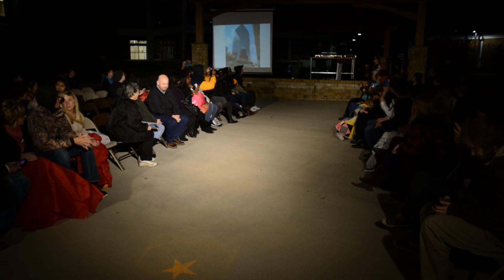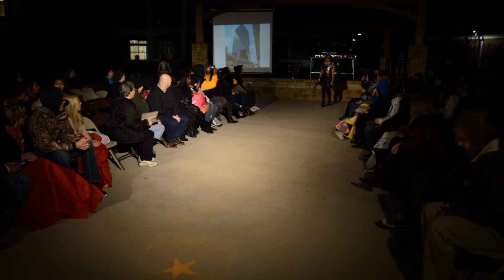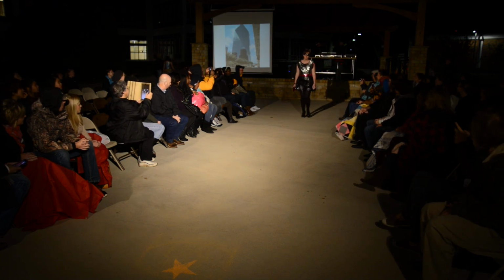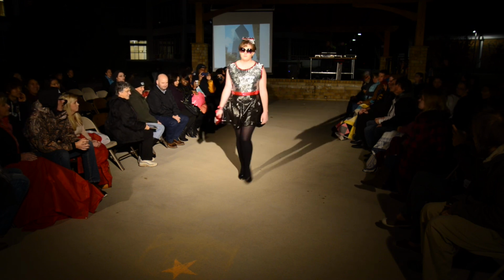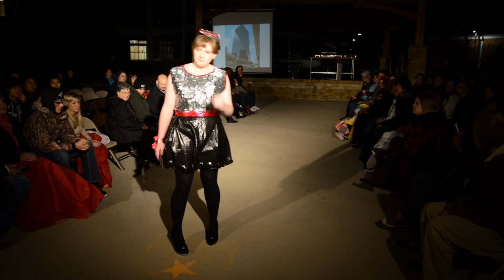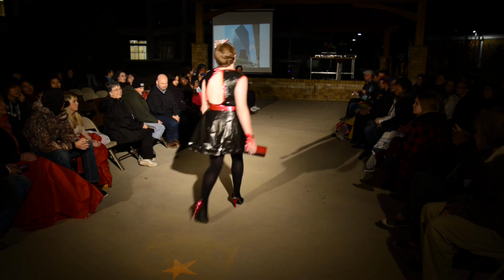And last but not least, we have Chrissy Lewis, who is wearing a skirt and top that was designed and constructed by Yvetta Holland. This outfit was inspired by the Fountain Place skyscraper in Dallas and was made